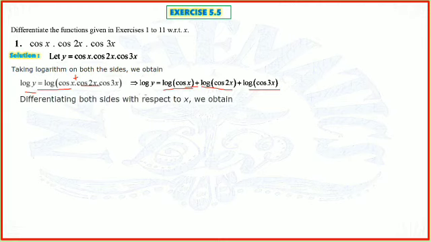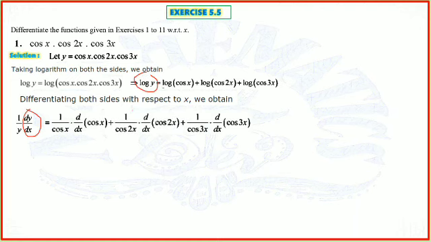Now we can differentiate both sides with respect to x, because now we have the first term, second term, third term, and the left hand side is also separated by equality. So differentiating with respect to x, the derivative of log x is 1 upon x, and instead of x now we have y. So 1 upon y, and then dy upon dx. Clear?